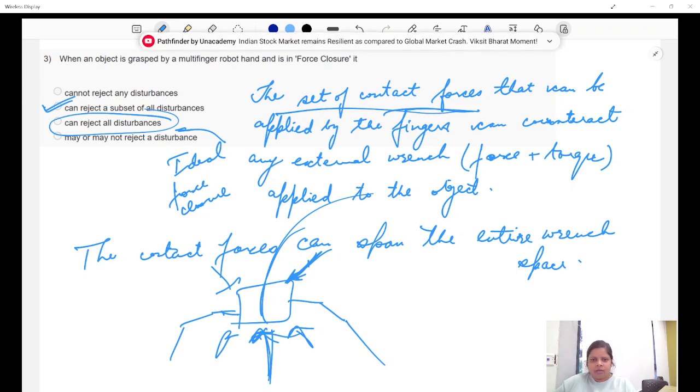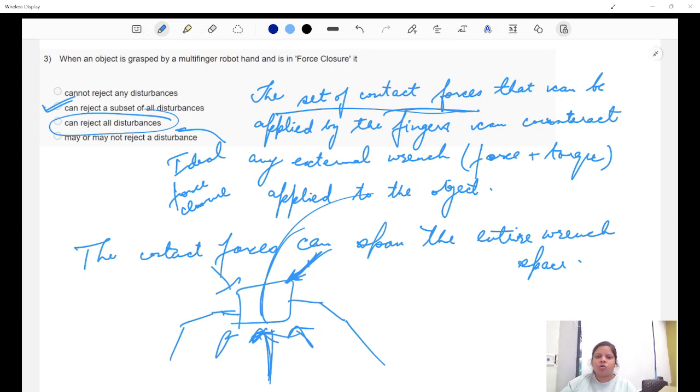Okay, let's repeat. Force closure means what? All the contact forces can be combined to generate any arbitrary wrench to resist any disturbance. So sometimes the disturbance is 5 newtons, sometimes the disturbance is 10 newtons. Every time the combination of the forces that I am applying on the object should be able to change in such a way that a net effect actually balances all of them, and we are able to reject any external disturbances coming. So screw theory and grasp analysis say that yeah, it can do this.